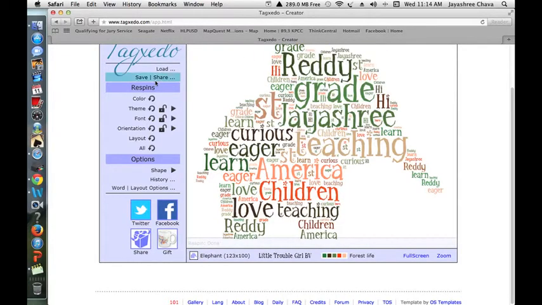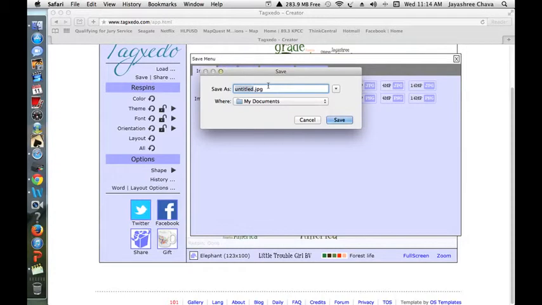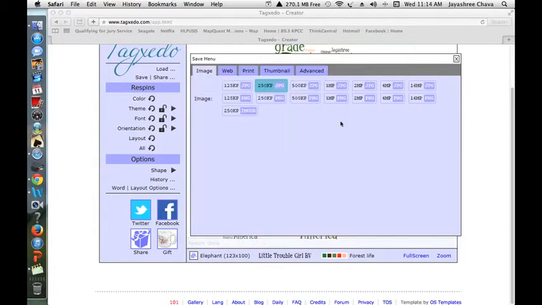Okay, now I go save, or I can share. And I'm going to save this, and let me save it there, okay, as a JPEG. Okay, and I'm going to say Tagxedo tutorial, and I'm going to ask it to save this on my desktop. Okay, got save. Then let me close this